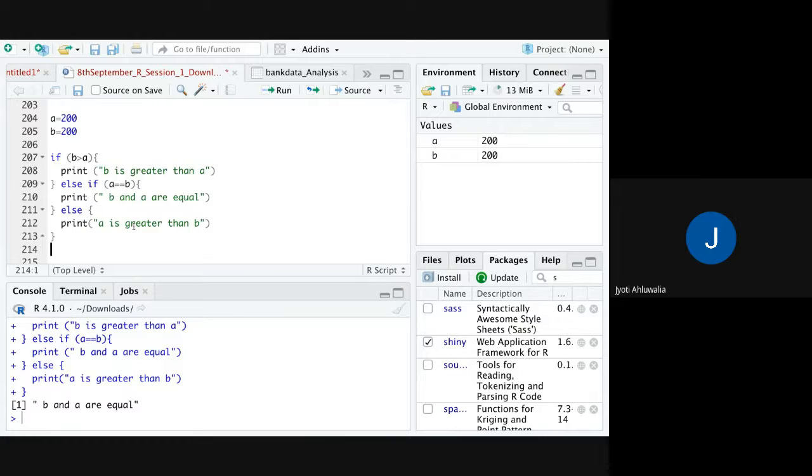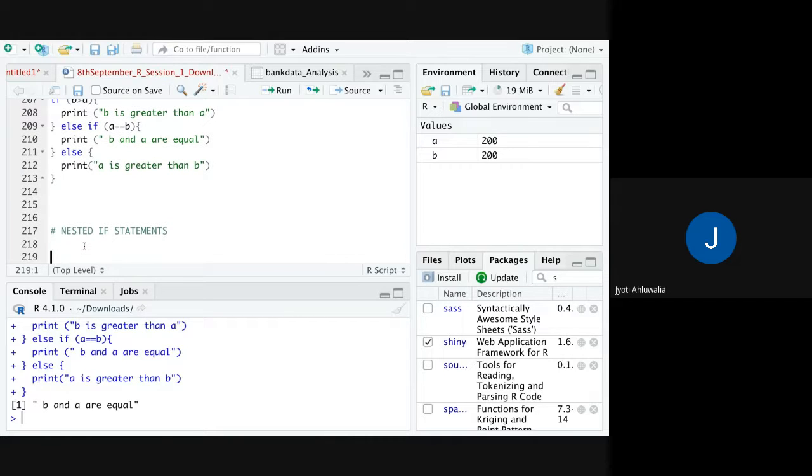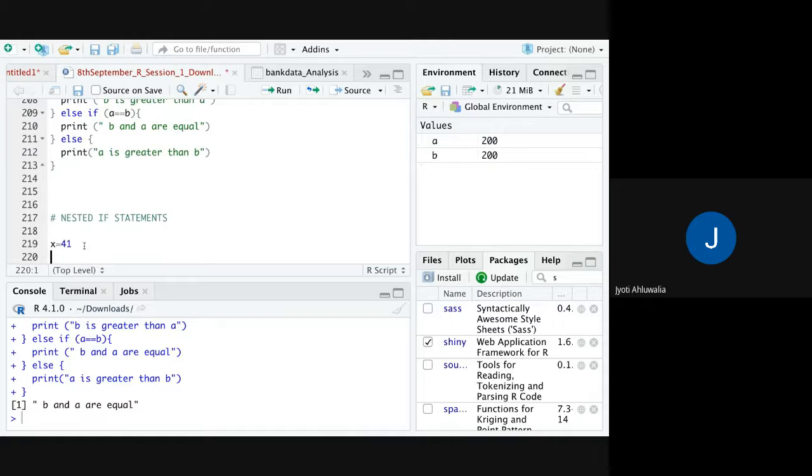So let's look at one more: nested if statements. Say X is equal to 41.